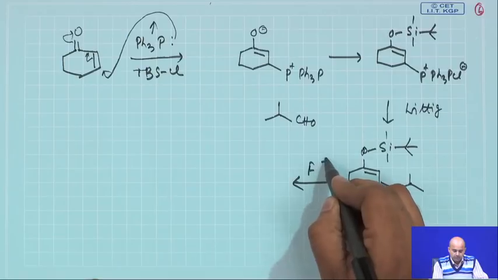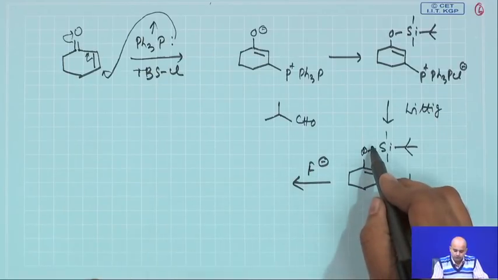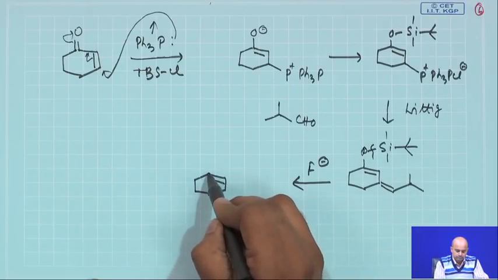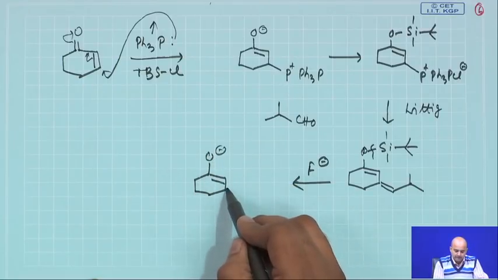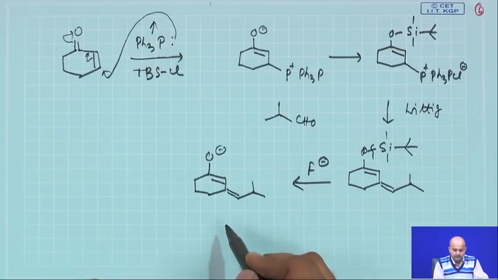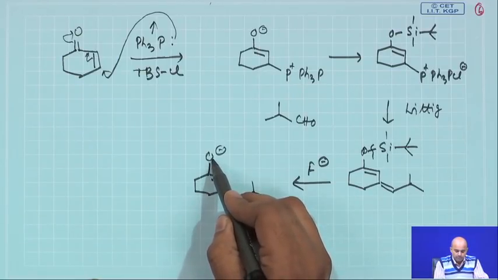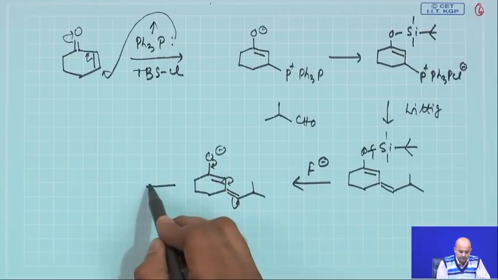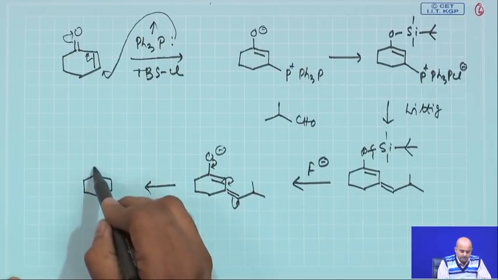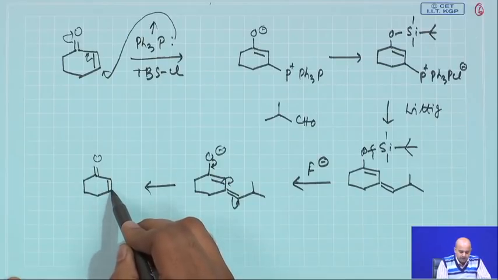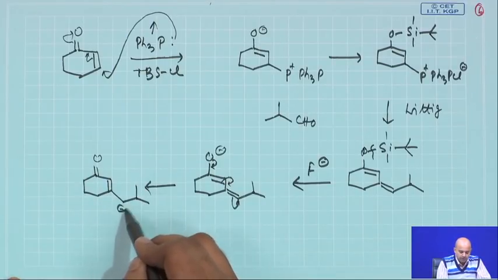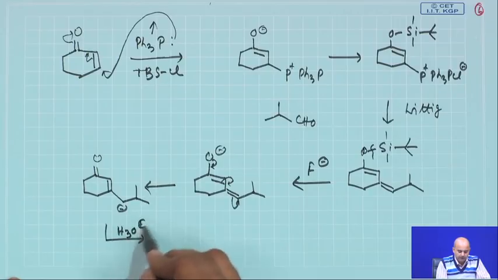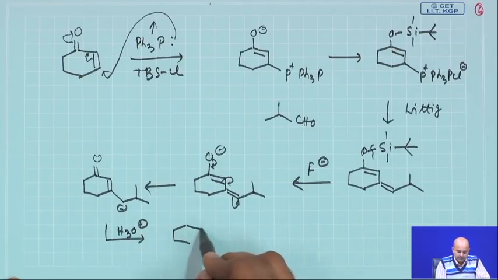You basically cleave it with a fluoride source. Now, the fluoride source takes the silicon, forming a silicon fluorine bond, and will basically give you the enol back. Now, this enol is here, and this enol will try to neutralize its charge through this kind of resonance, and this is now very close to the target structure which you have drawn. Now, this minus will be accepting the proton from an acidic source if you use some water, and will basically give you the